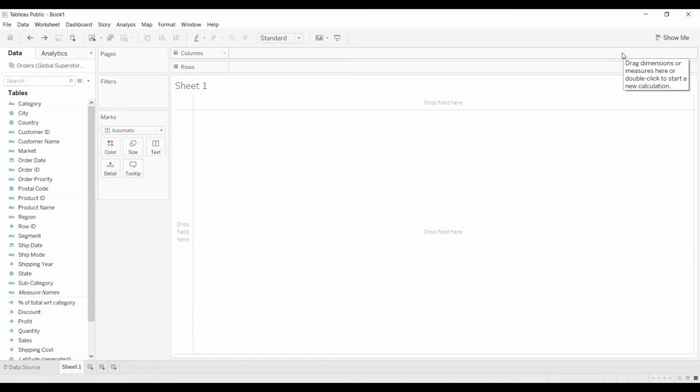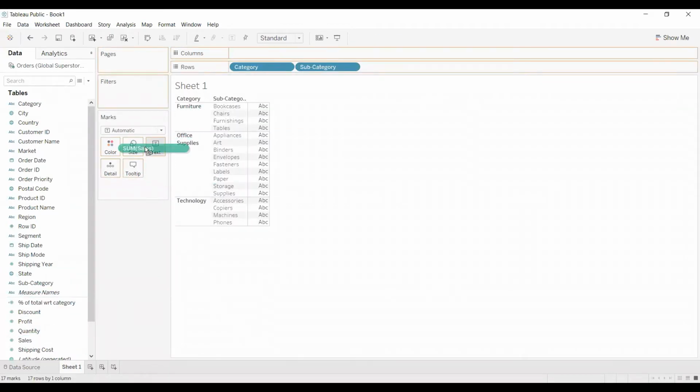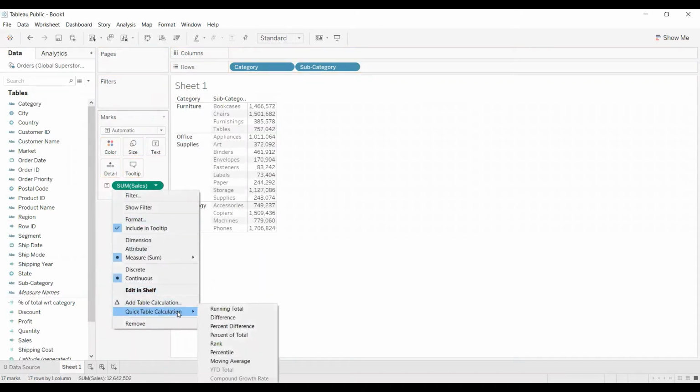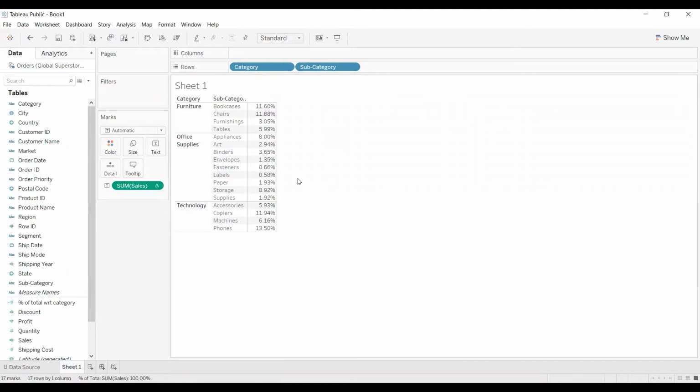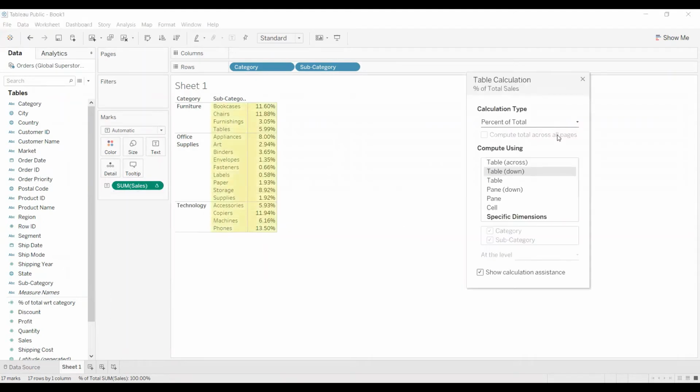Now let's first see how to calculate percentage of total using pane down by taking the help of quick table calculation. Let's say, for example, I drag category and subcategory, and I will drag sales to text, and I want to convert that to percent of total. So you have to select quick table calculation and select percentage of total. Now I will change it to pane down computation. So I'll select edit table calculation